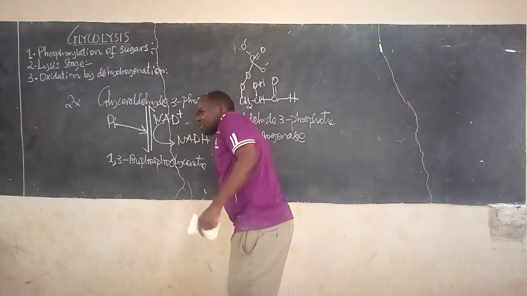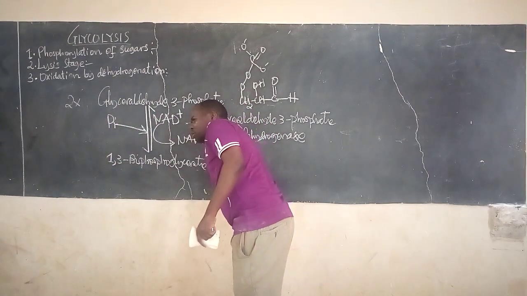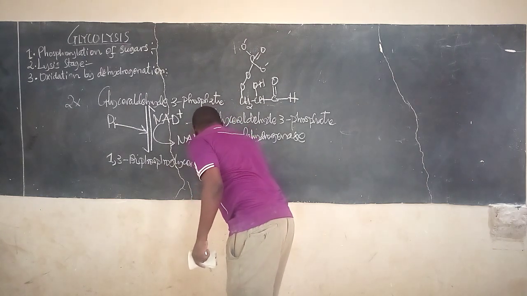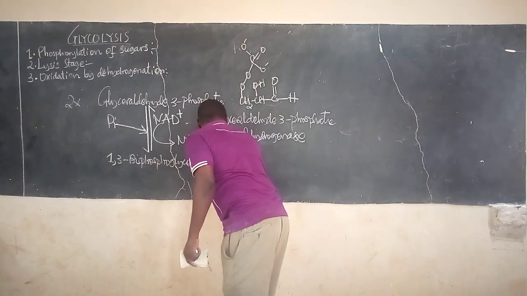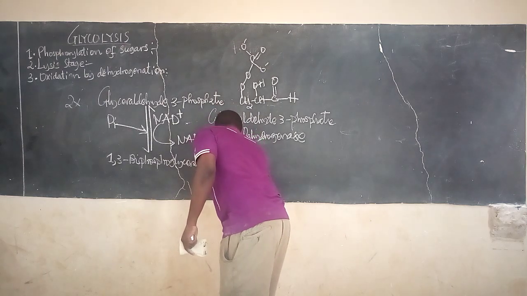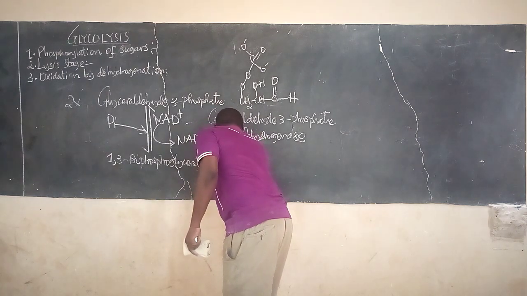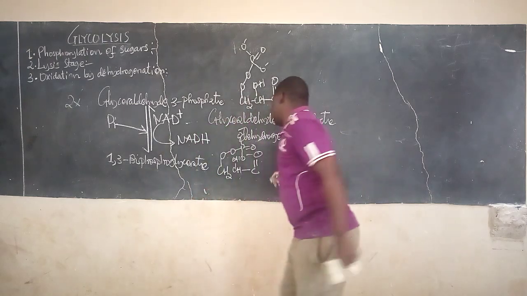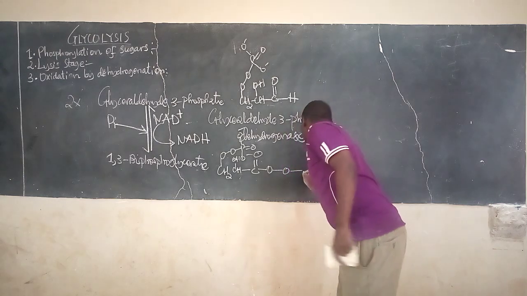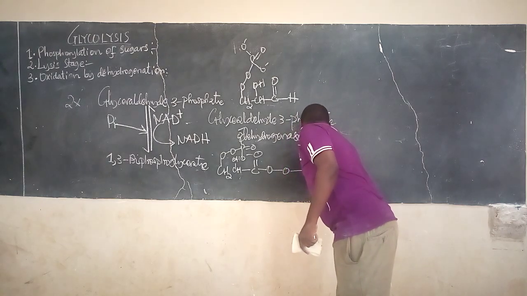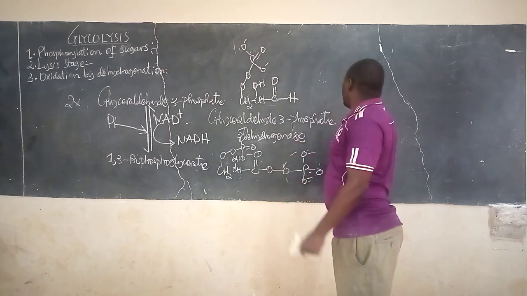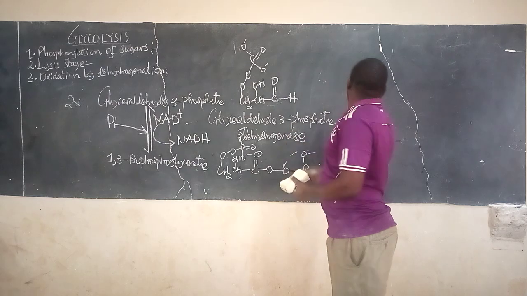Which organic structure is like this: negative here, OH here, here is carboxylate, but at this carboxylate we are going to add on the fixed phosphate now. Phosphate double bond oxygen, negative, phosphate here. This is the first stage.